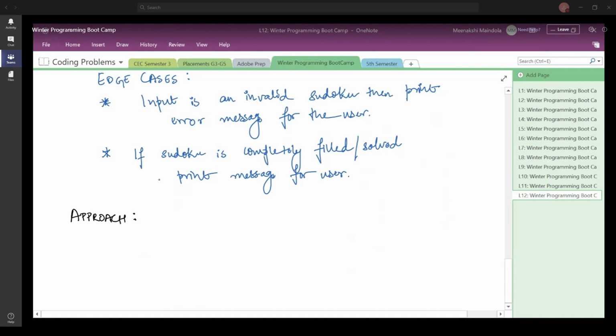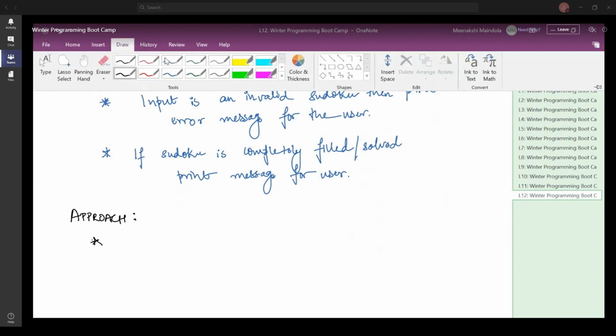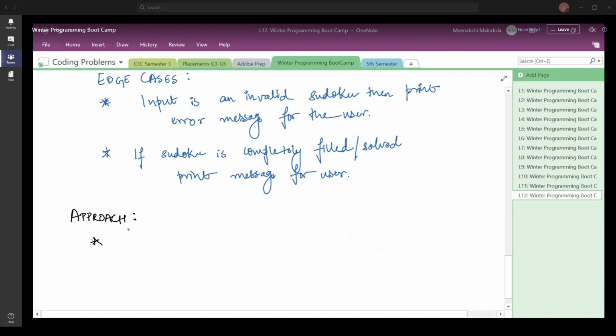Okay, so let us discuss the approach. The first thing that you do is you check if the Sudoku is valid or not, right?